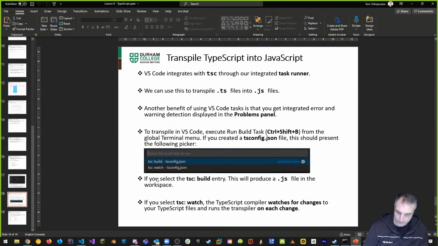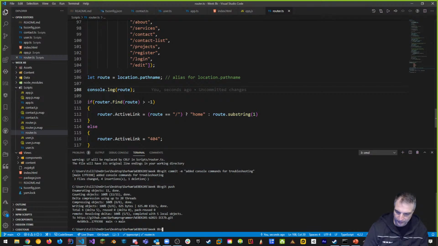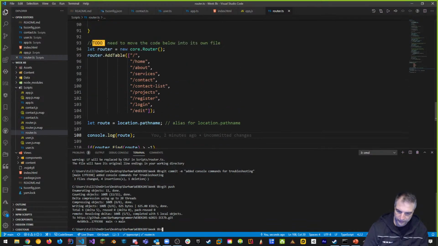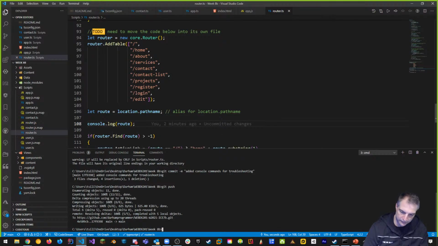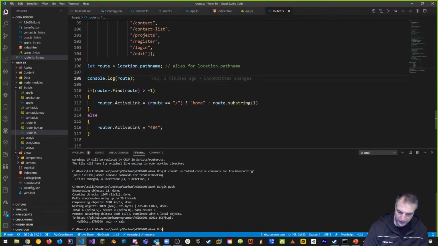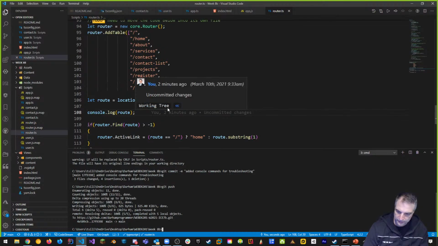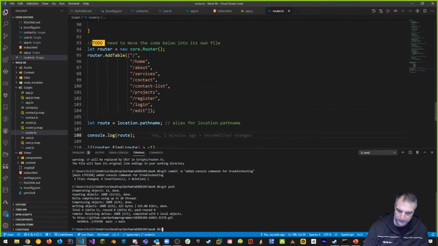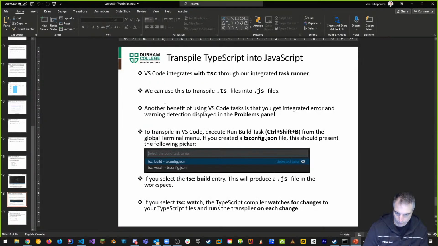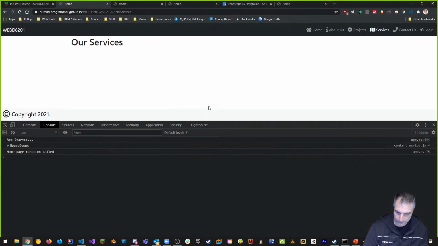Because I expect that when it comes to my console log, here's my route, and I'm getting at my active link. It's either this or home. And somehow my router.ts is being ignored, right? And if it wasn't being ignored, it would be there.